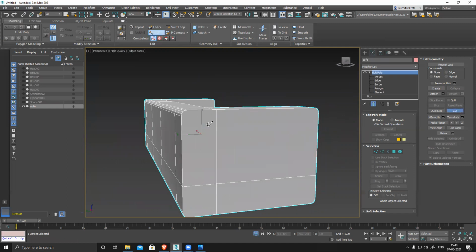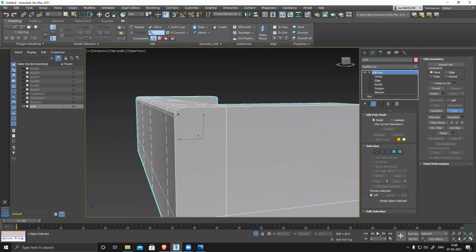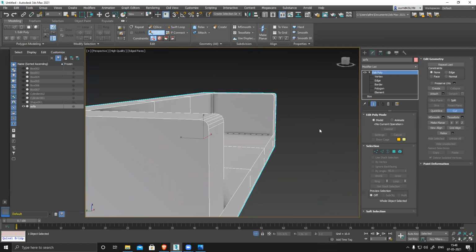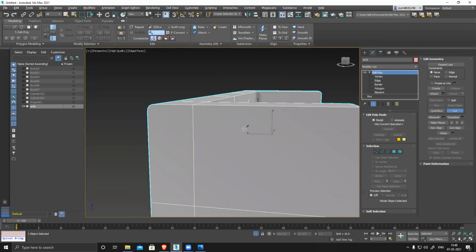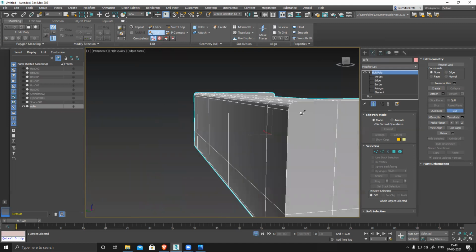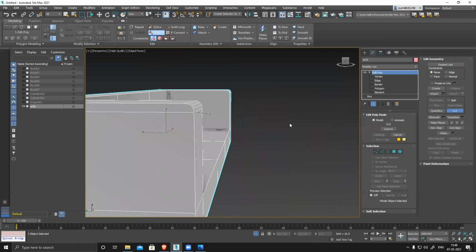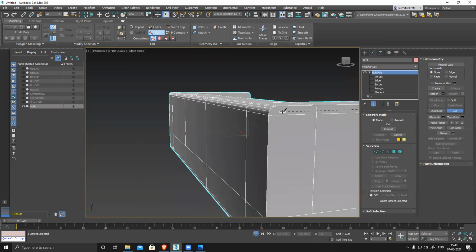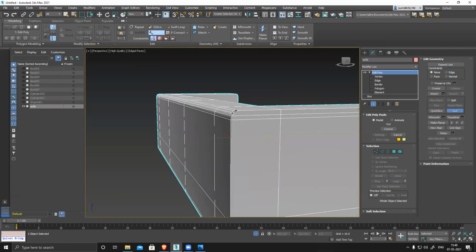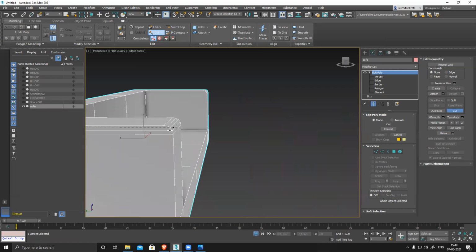I'll use cut. Like this, I'll connect everything.